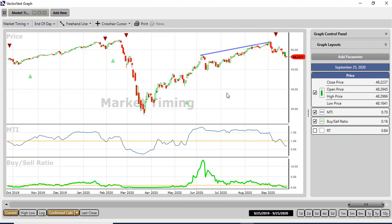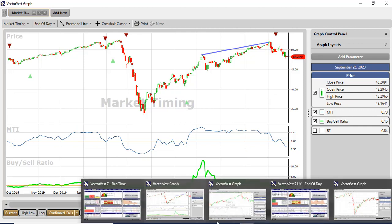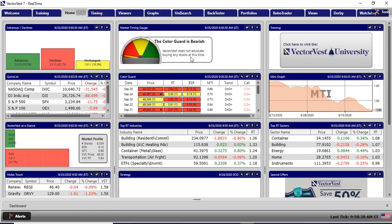Just remember, as we saw on the way up here, that these trends can last much longer than we think. That divergence that I saw and talked about between the price and the buy-sell ratio hung around for a very long time. Nevertheless, the facts are that this market is heading down, and until we see some green from the front page of VectorVest, well, we should in fact just do what VectorVest tells us to do. Okay, so